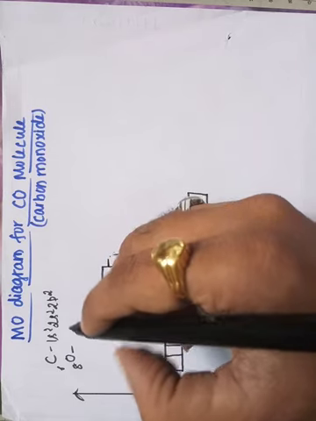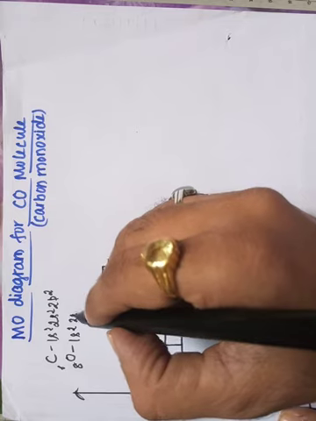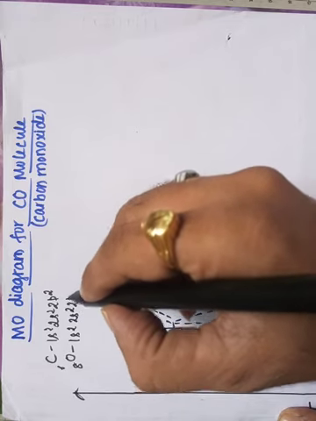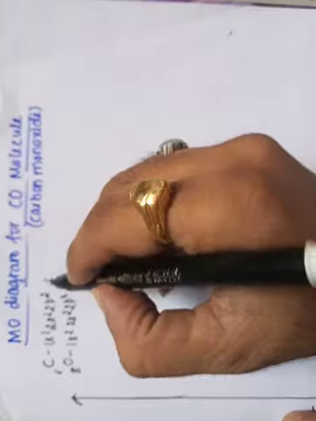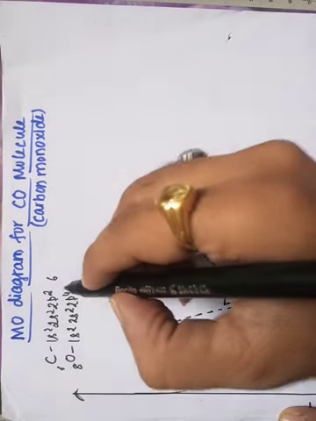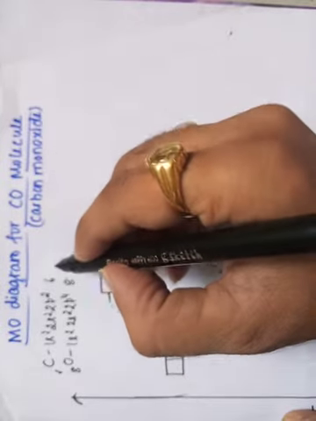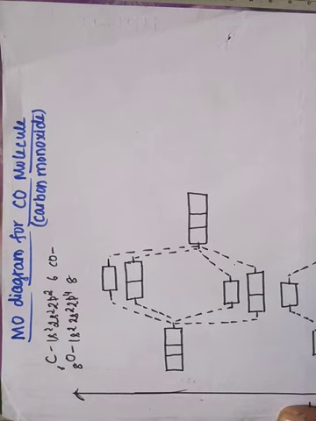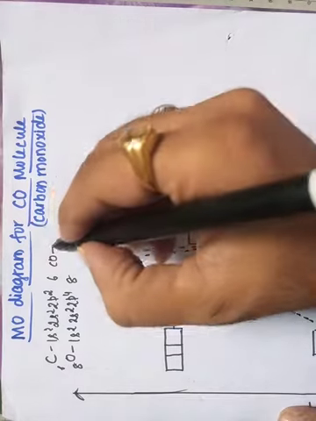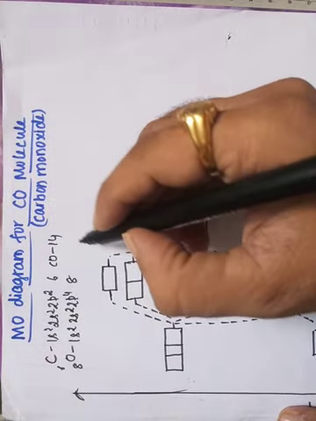The electronic configuration of oxygen atom is 1s2, 2s2, 2p4. So 6 electrons in the carbon and 8 electrons in the oxygen. Therefore this carbon monoxide molecule contains a total of 14 electrons. So its electronic configuration will be